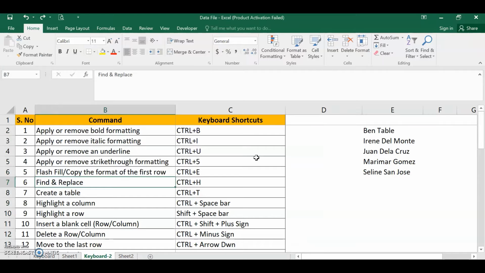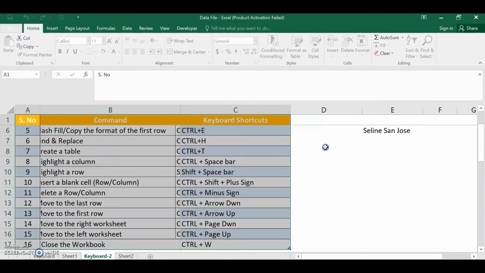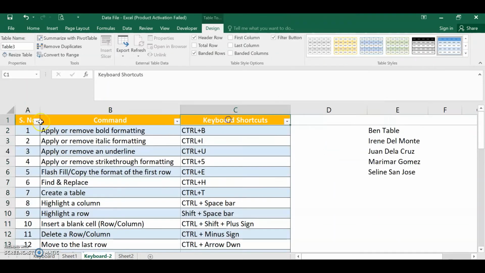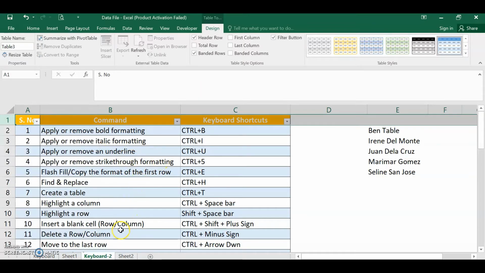Again, let's do Ctrl T. Okay, so this time my table has headers. Let's see what will happen. Okay, so that extra column or row here is not there anymore. So whatever header that we have built in our data is already available, or it will direct us to that particular header and the filter will be done on that header itself. Okay, so next,